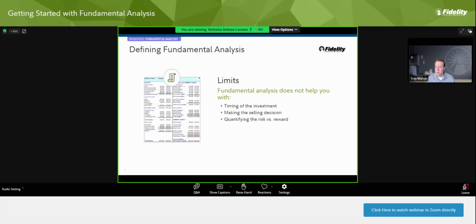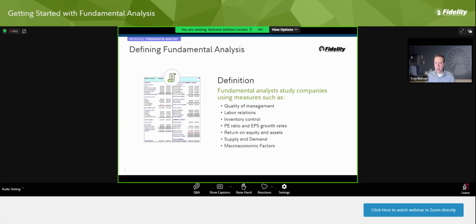And for me, speaking anecdotally, and I certainly welcome your thoughts as well, Nick, what's been really helpful in fundamental analysis, and why I use it when I'm doing research on single stocks, is that I like to break it down. As you shared in that previous slide, Nick, there are so many different components to look at, and it can give us this analysis paralysis. Quality of management: do I really need to research the board? Do I need to understand the CEO and where the CEO has been, and the corporate C-suite? Labor relations: do I really have to read a ton of articles on labor relations?